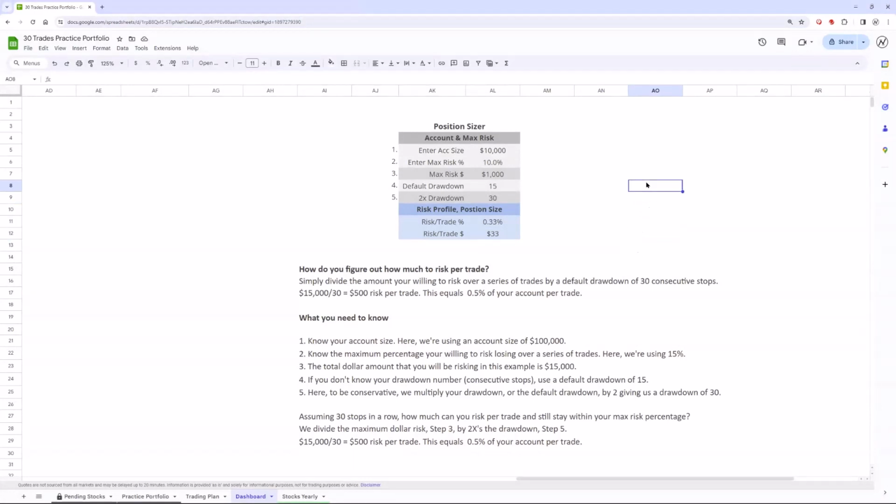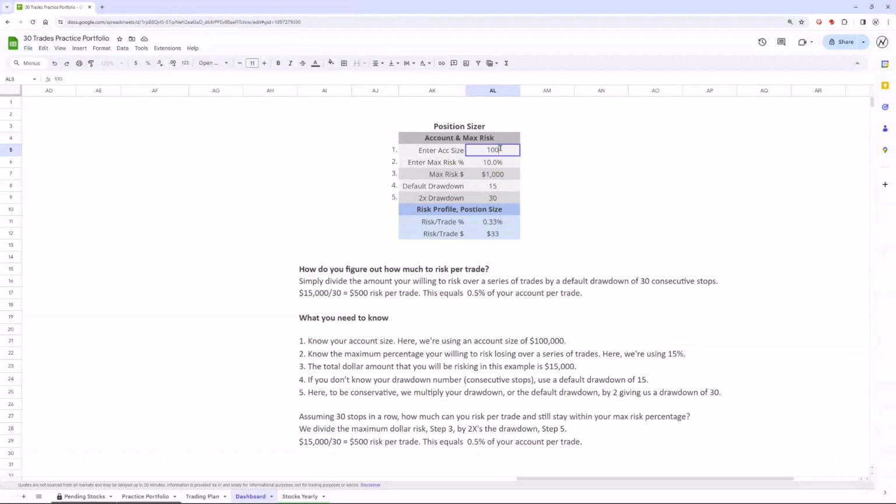Maybe we'll do another lesson. I'll show you how I did just fine with a little bit more than that, more than most. The whole idea is, you don't think you're going to get 30 in a row? I don't think I'm going to get 50. I got 15 in a row last year. Didn't feel like it was ever going to end. I didn't think that was going to happen. Now, what if I was sized to say 2 or 3% the whole time? That 15 in a row would have killed me.